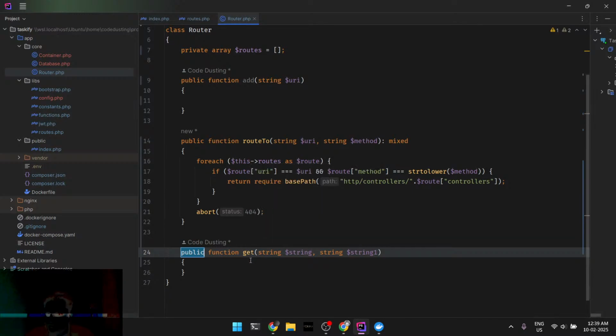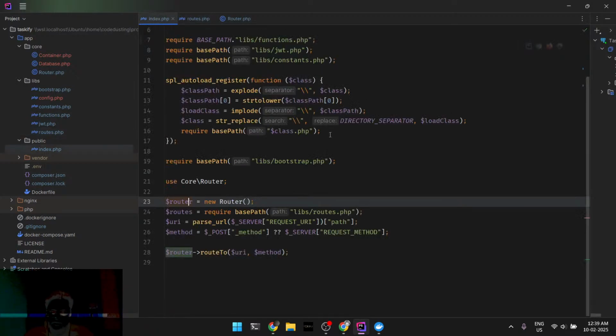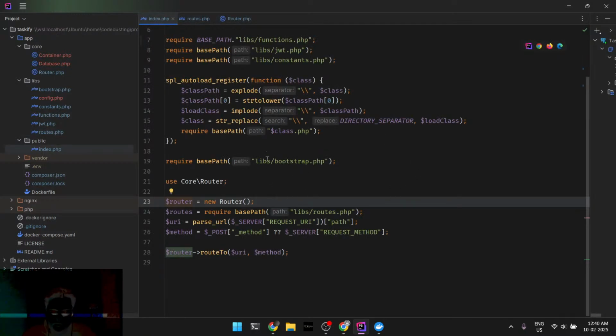So this will be our add get method. So when I get the string, which is basically my URI or URL, and then I'll get the controller as well. So if you check, I'm getting the controller. Like, what controller should I actually forward this to, right? This particular route, when I hit slash or for home page, what controller should I forward this request to? So here inside this router,